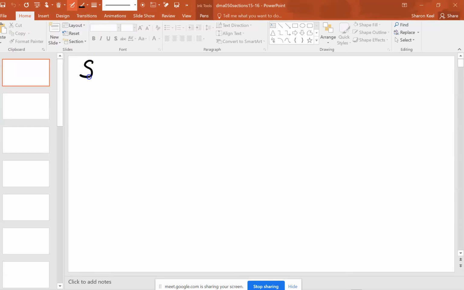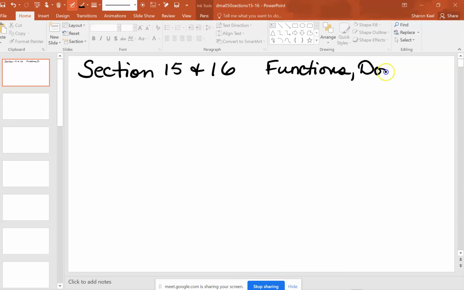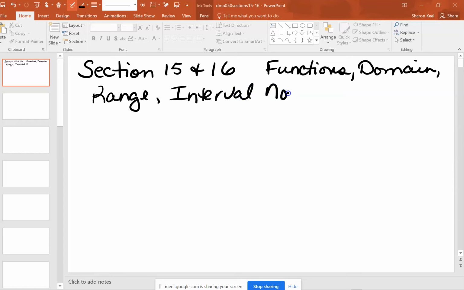The sections we're going to be looking at today are sections 15 and 16. Sections 15 and 16 are going to relate to functions, domain, range, and how to write this information in what is called interval notation. Okay, so